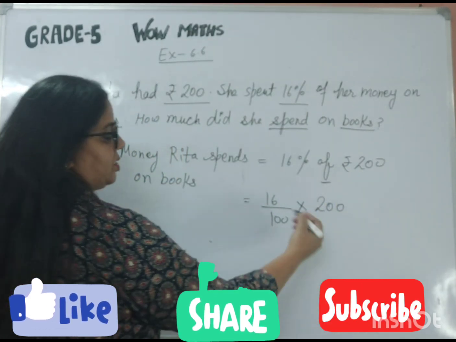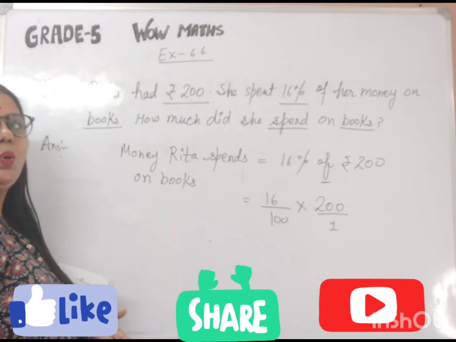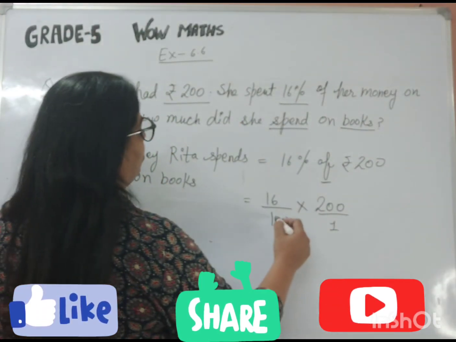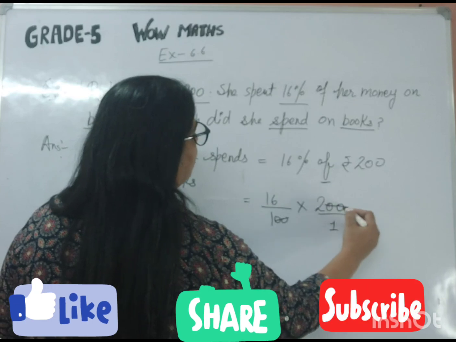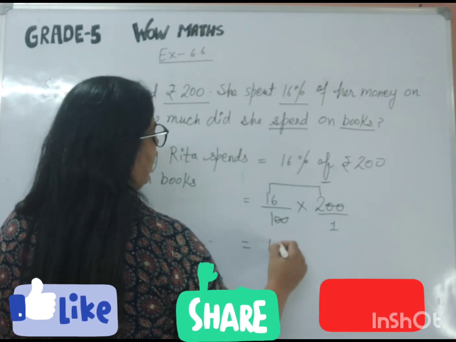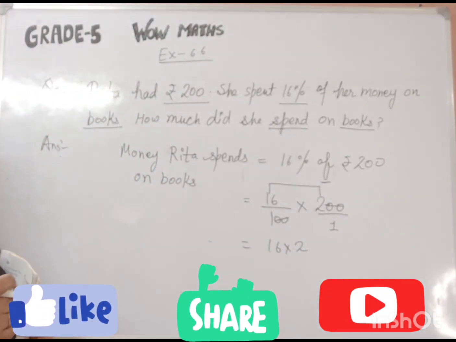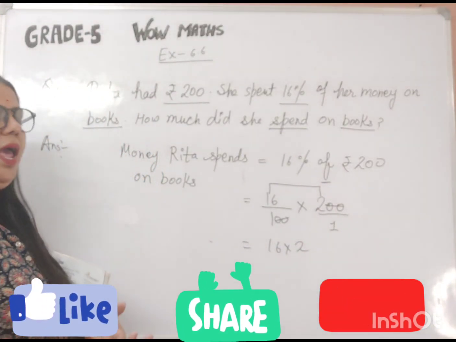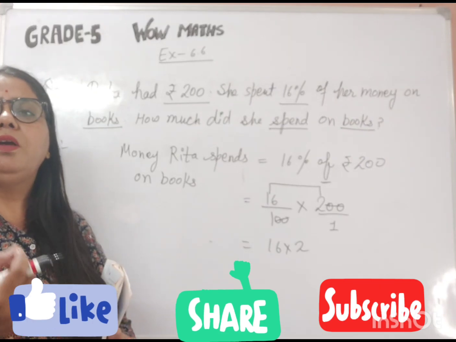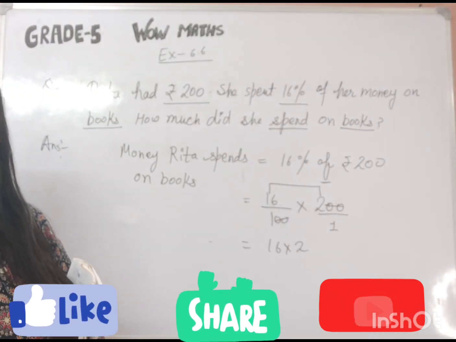Now we'll start. There is no number in the denominator, so we will take the denominator as 1. So now let's start doing the cutting. ये 20 से यहाँ 20 कट गया, ठीक है. So we have left with 16 into 2. जब भी हमारे पास डिनोमिनेटर में 1 होता है, किसी भी नंबर को अगर आप 1 से डिवाइड करते हैं, so it is not going to change your answer.